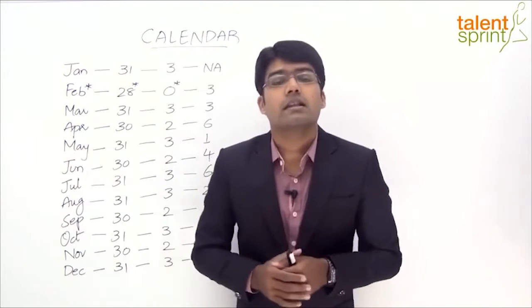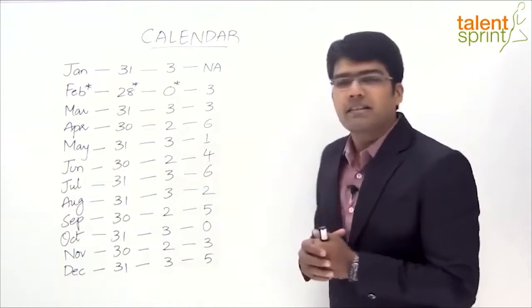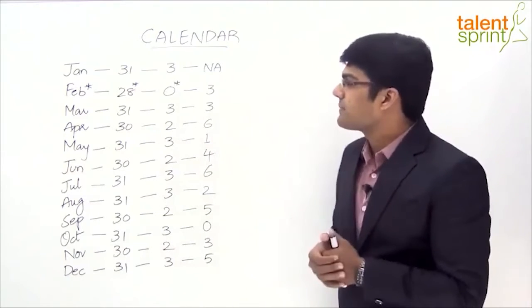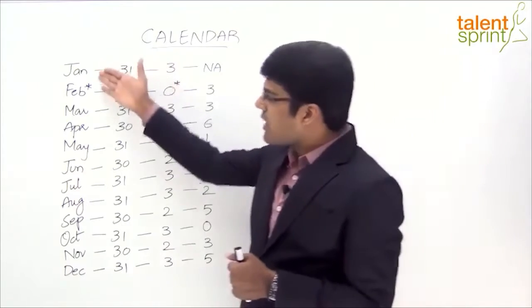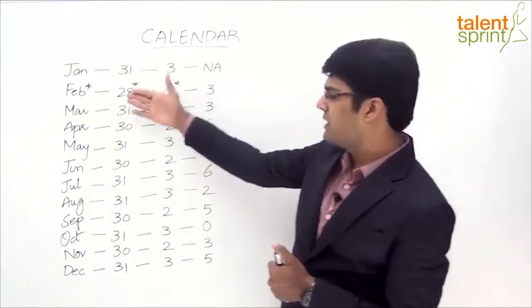Let us now understand the reference chart which will give us the number of odd days for a given period of months without having to do the individual calculation for each of the months. Let's look at what the reference chart here is and what are the different columns here. So as you can see, the first column of this chart shows the months of the year, from January